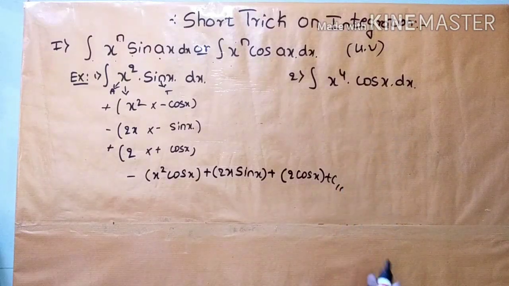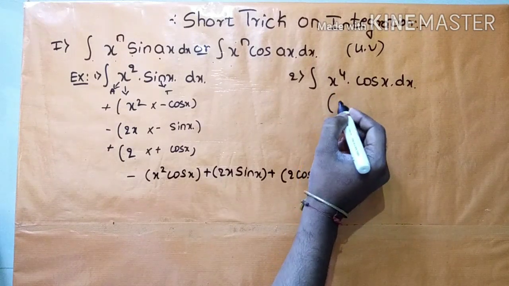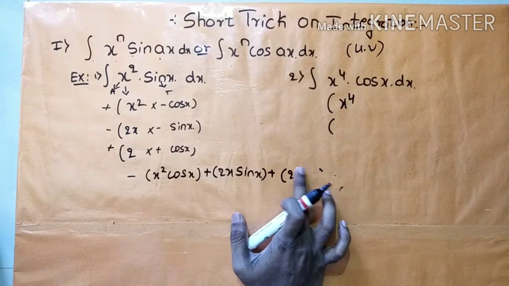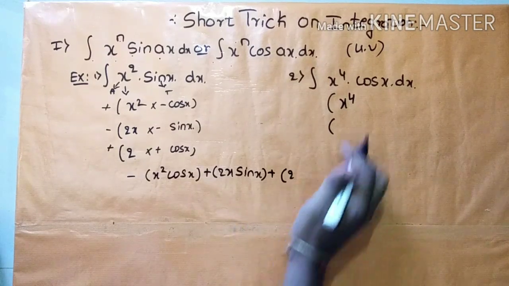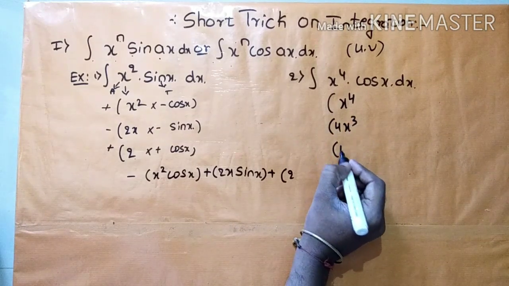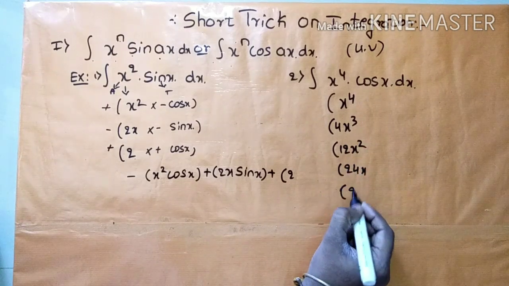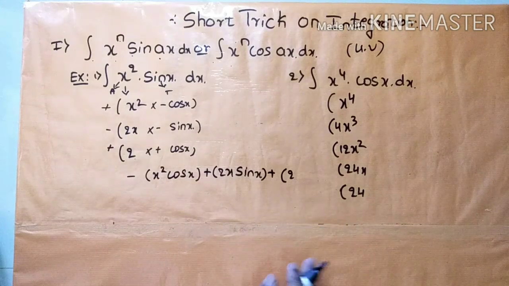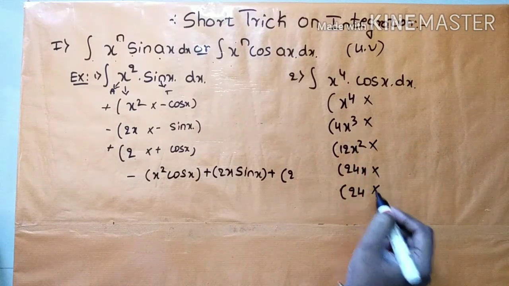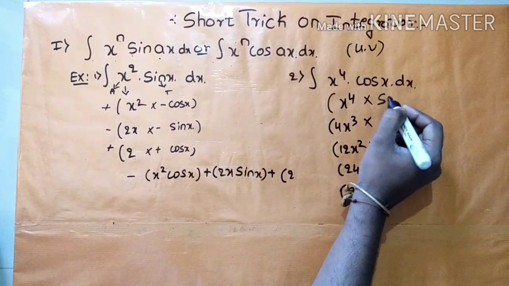Then we will see this one also. Second one, suppose x to the power of 4 into cos x is given. What is our procedure? First write this term as it is, x to the power of 4, then go on differentiating up to a constant. What is differentiation of x to the power of 4? That is 4x cube. Then differentiation of 4x cube is 12x square. Then 24x. Then differentiation of 24x is 24. Now we got the constant. Stop here. Then into, multiplied by what? Multiplied by cos x. Now integration of cos x, you write, is sin x.